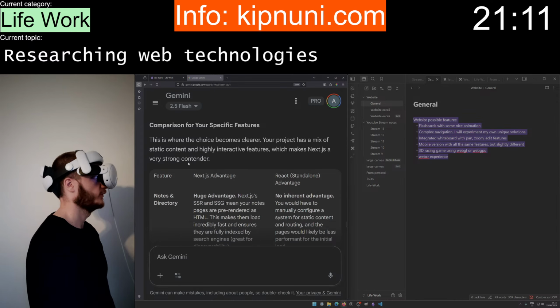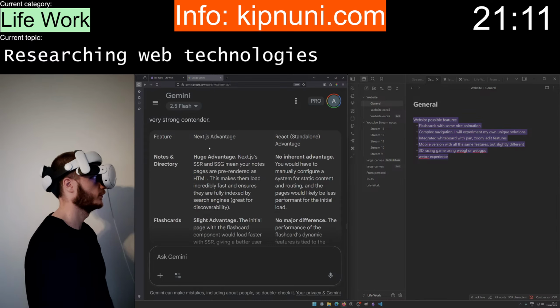Next.js very strong contender. Yeah, this could be a nice thing.